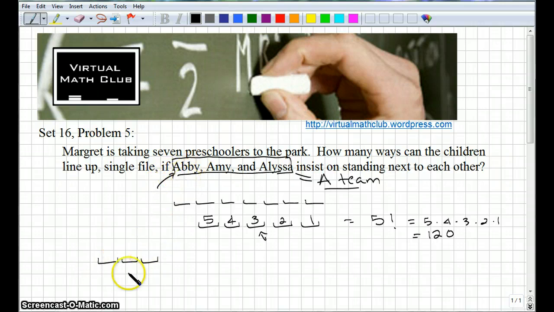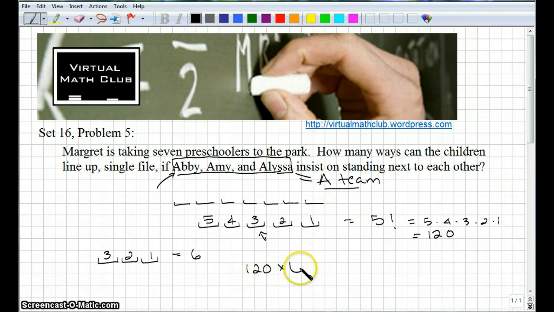And how many ways can we arrange Abby, Amy, and Alyssa? Well, we'd have 3 choices for the first one in their grouping, 2 choices for the second, and 1 choice for the third. Okay, so that gives us 6 ways to arrange just Abby, Amy, and Alyssa. So if we have 120 ways of arranging 4 kids and the A team, and then 6 ways of arranging the A team, that gives us